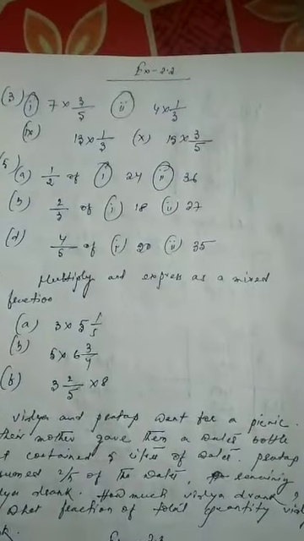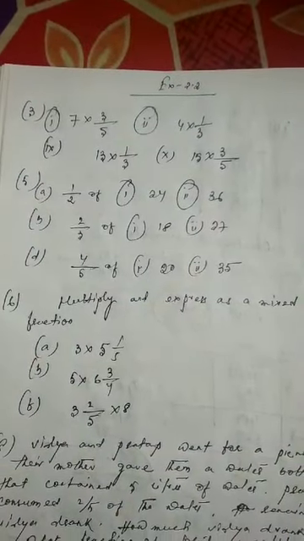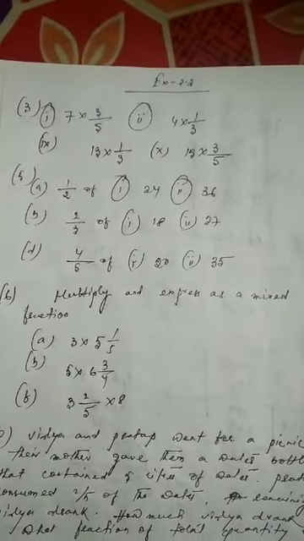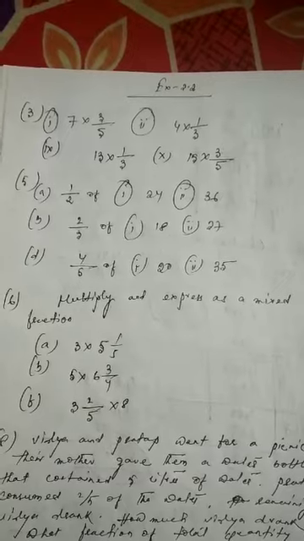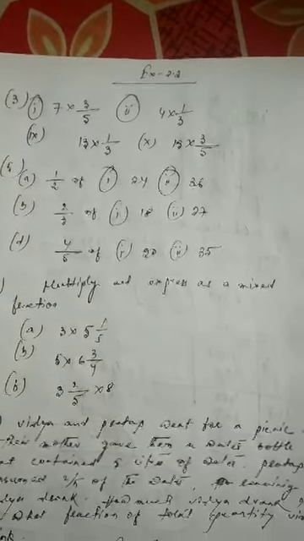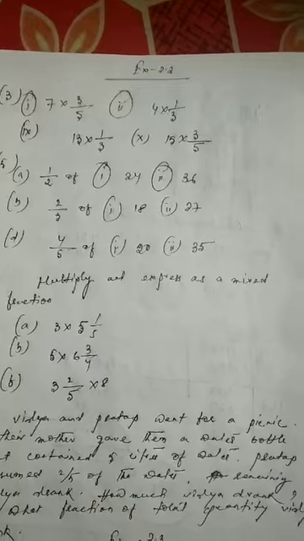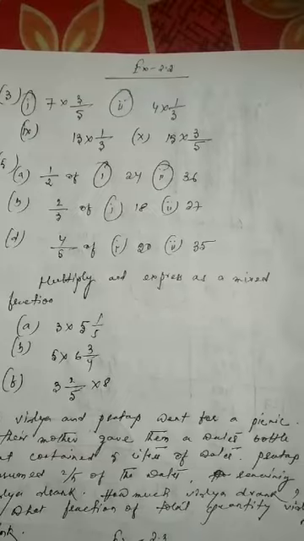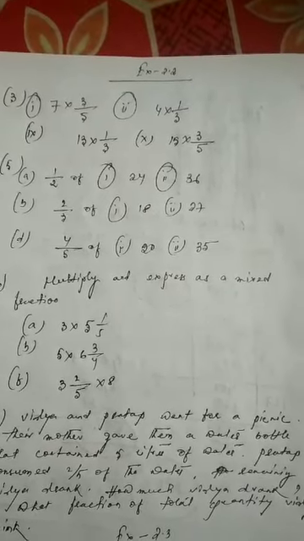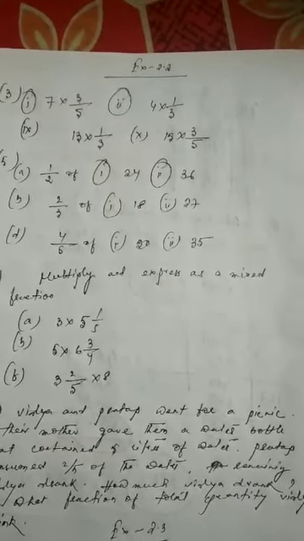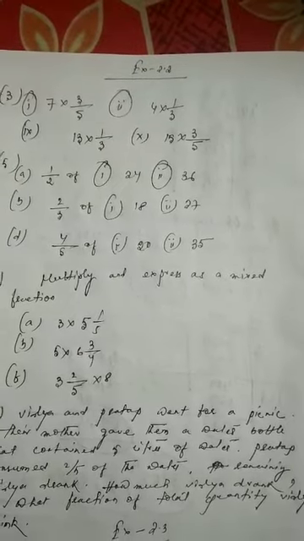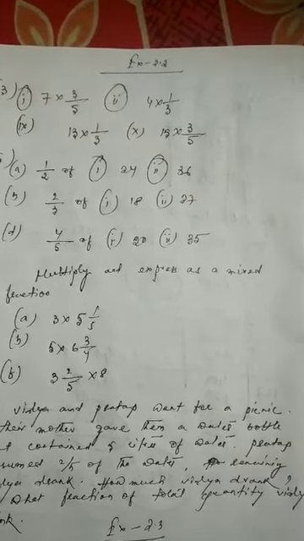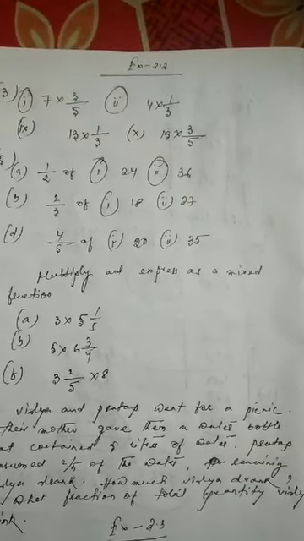So children, very easy. Again, in the next question, question number B, we have 5 into 6 3 by 4. In that case, we will convert it into improper fraction first. Then we will try to cancel it if cancellation goes. If not, then we will multiply numerator with numerator, and then we can convert it into mixed fraction. I believe that these things are really very easy. I have explained all this. Even in class 6, you have done all these things. So I believe that you are going to try this out, and if you face problem, your sir is always there to help you out.